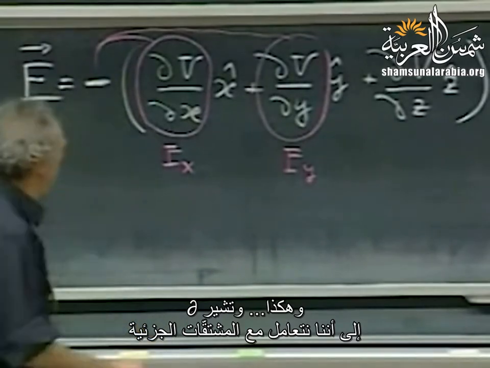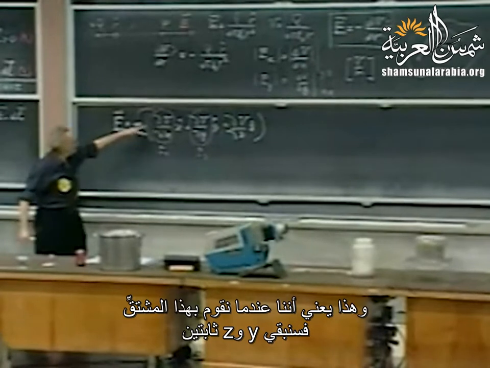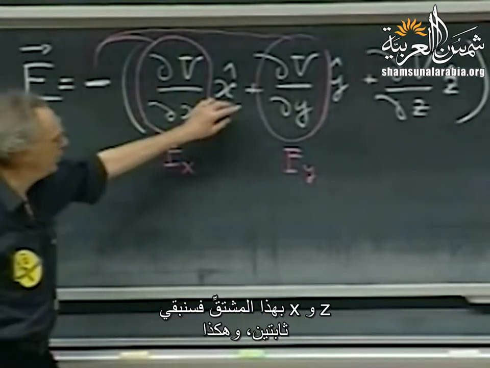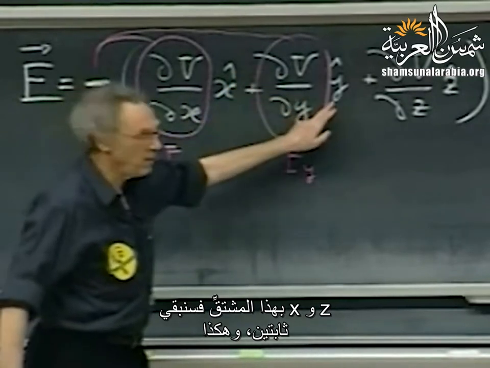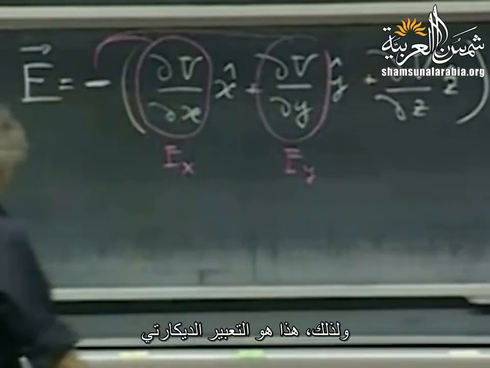And the fact that you see these curled d's means partial derivatives. That means when you do this derivative, you keep z and y constant. When you do this derivative, you keep x and z constant, and so on. And so this is the Cartesian